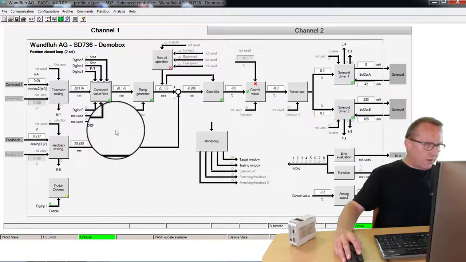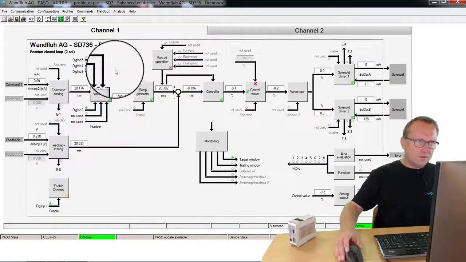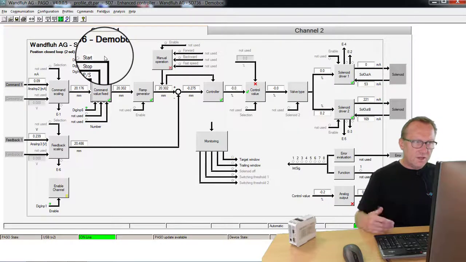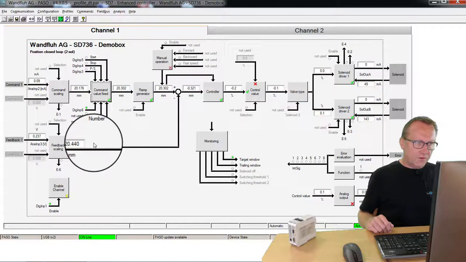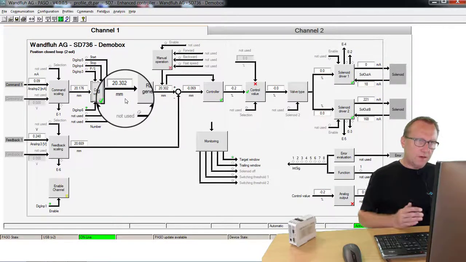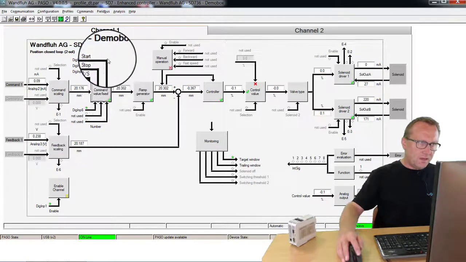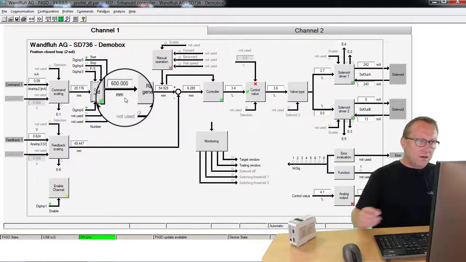Now if I activate digital input 6, profile 1 is selected. It's not running yet because the start signal is missing, but it's activated. At the moment, my cylinder is at the position of 20 millimeters. If I start the profile now, it will move first to 50 millimeters, then to 600 millimeters, and back to 50 millimeters. I activate now digital input 5, and you will see it moves now to the position defined in